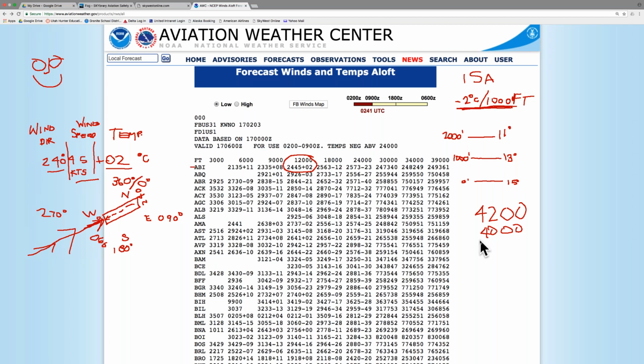7 degrees. Okay. Can you tell me how you got 7 degrees? I'm kind of confused on how to figure it out. Okay, so once again, we're losing 2 degrees per 1,000 feet. So what we're going to do to figure this out is take the first number here. Since it's 1,000, we're just going to take the first number. We're going to go 4 times 2. What does that equal?